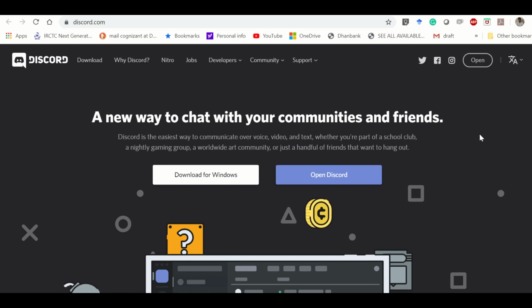So most importantly, Discord has got web options. That means you can log in with your computer, or it has got Android and iOS versions also available that you can download on your mobile and start using it. Let's first go with understanding how we use it as a web option. The procedure is almost similar when you go with the Android app or iOS app as well. So I think you can get used to it when you see this video.